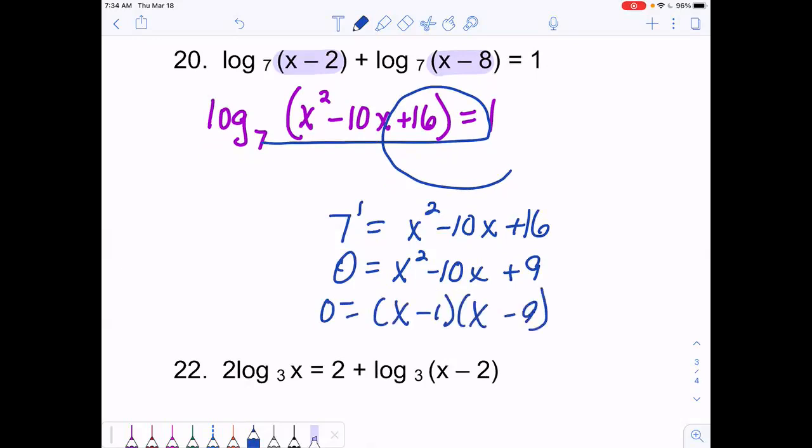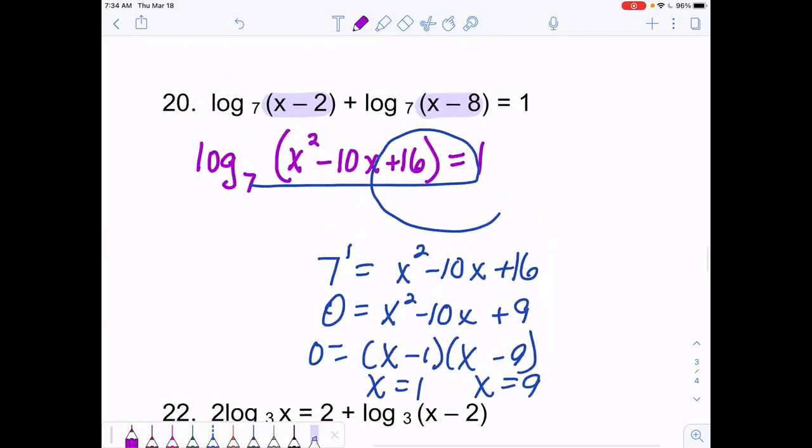A negative 9 and a negative 1 make 10. And then my two answers are a positive 1 and a positive 9. Now here's the other part. Both of those answers are positive. However, you need to check to see, do they make the actual log negative, or the quantity that's after the log? So if you take the value of 1 and you plug it in for x,